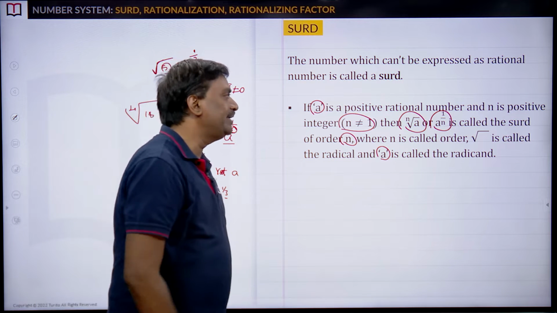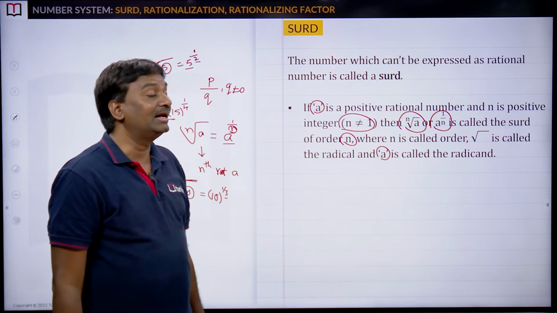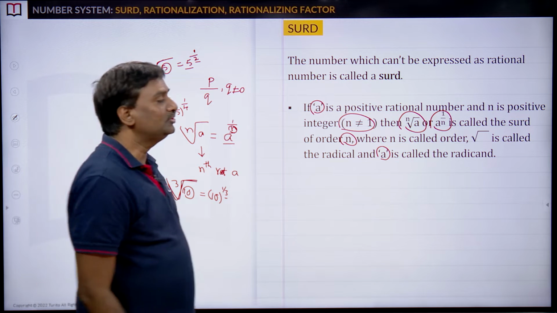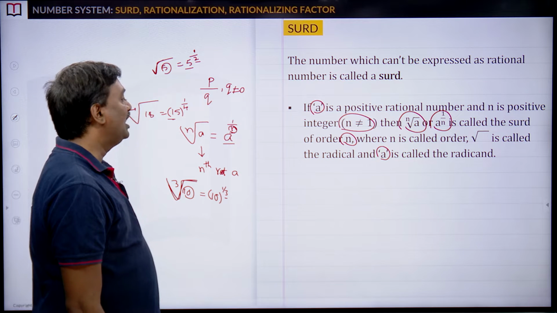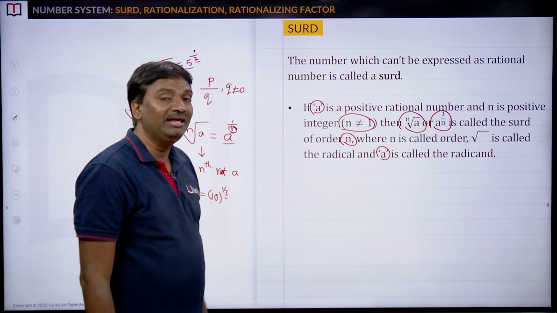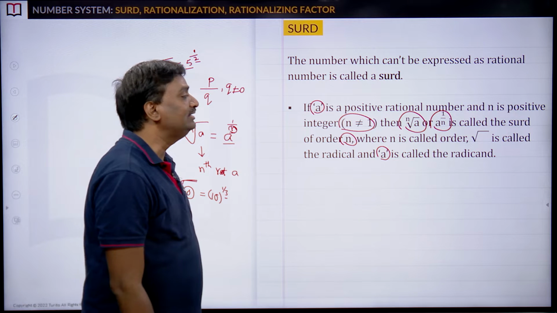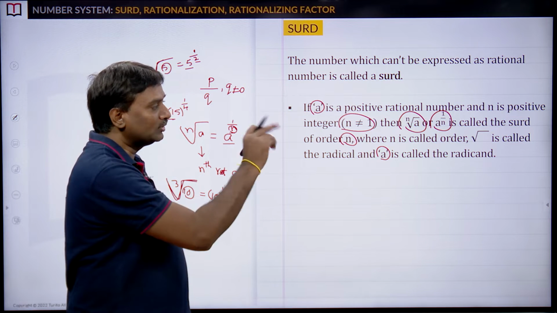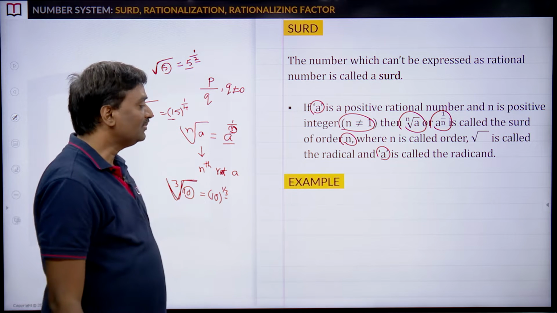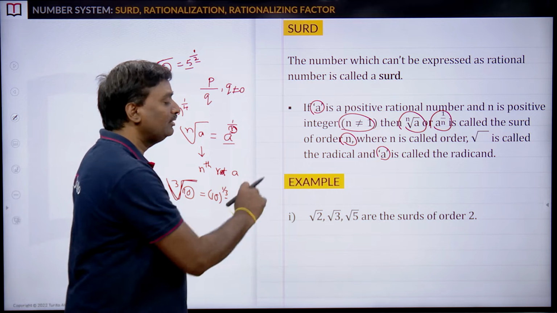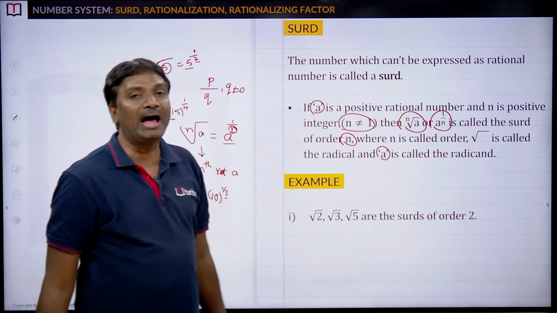So, if A is a positive rational number and n is a positive integer other than 1, then nth root of A, or A power 1 by n, is called the surd of order n, where n is called the order, that root symbol is called the radical and A is called the radicand. Let us take the examples root 2, root 3, root 5; these are known as surds